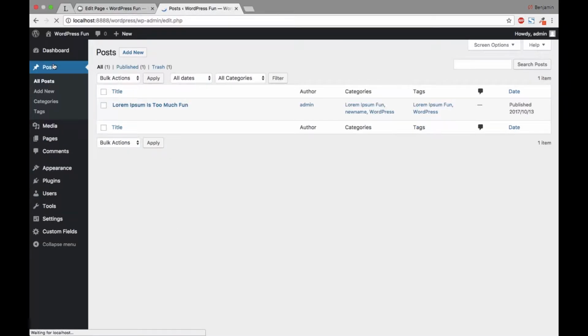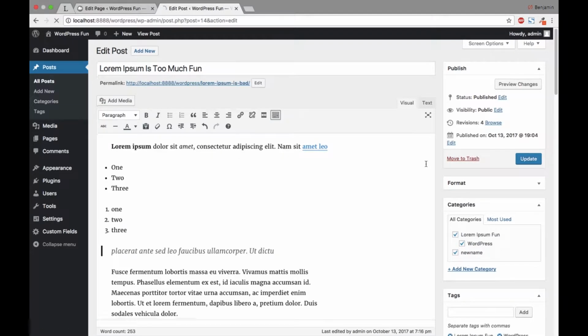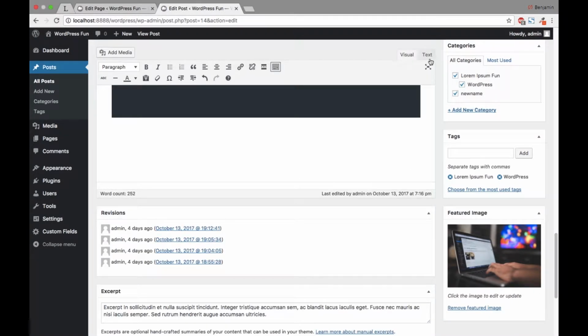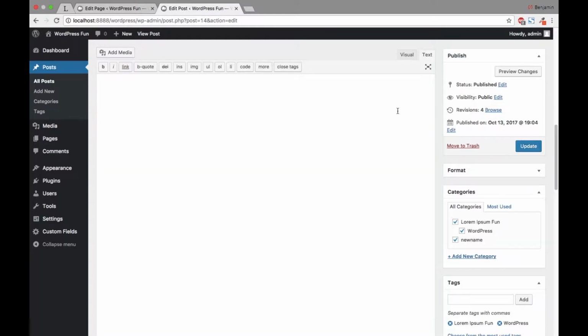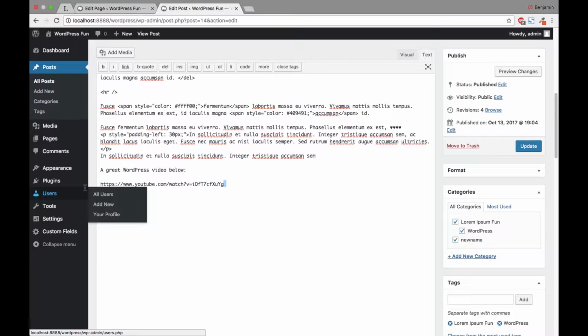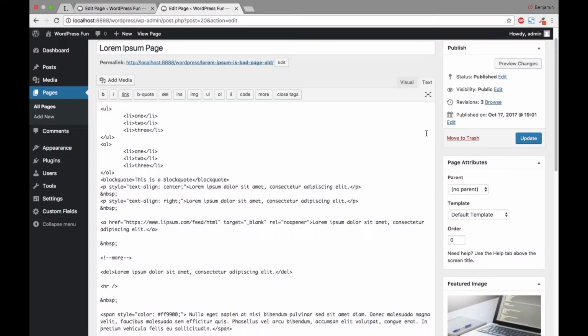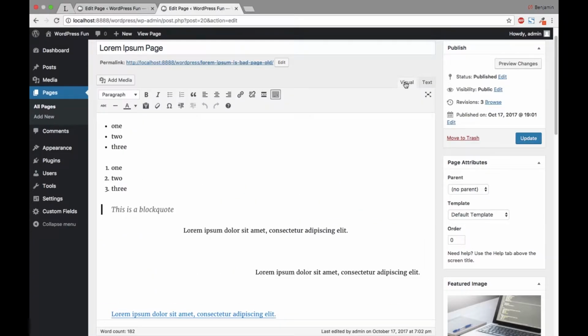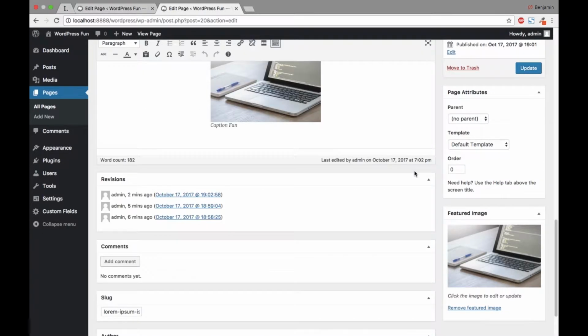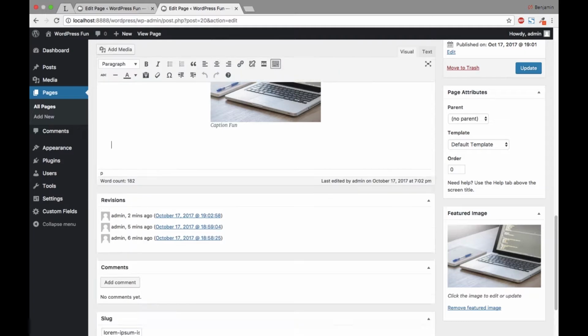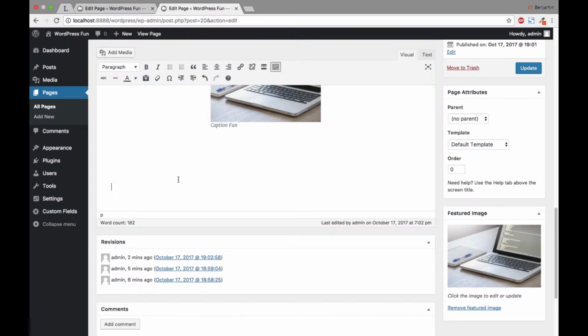and actually firstly, we'll go into our posts, we'll quickly edit our post, and I'm going to grab that video, and I'm just going to scroll down, go into the text field, and I'm just going to grab that text right there by copying it, go into our page, and Lorem Ipsum page, and I'm going to change back into visual because I don't want to look at the text and I want to keep all of our styling, and I'm going to